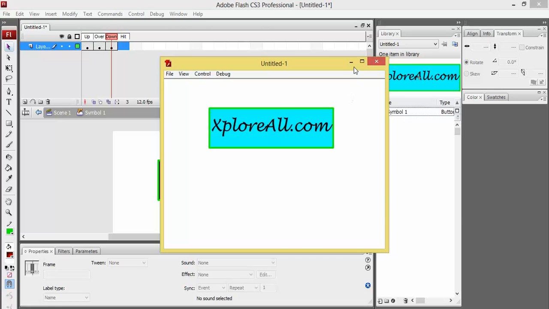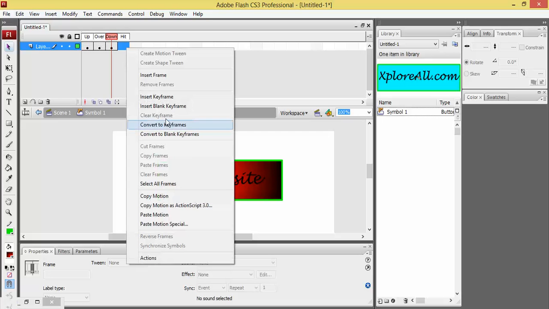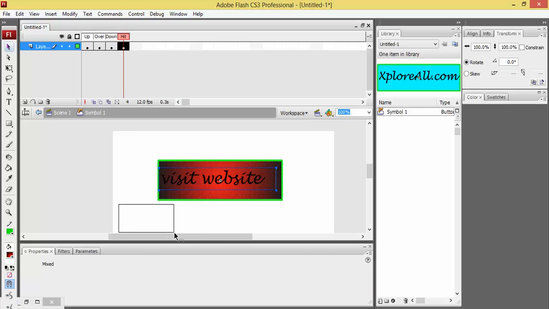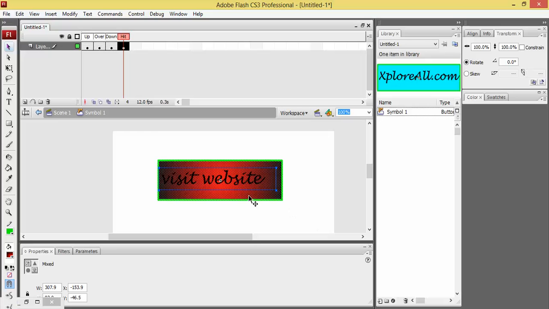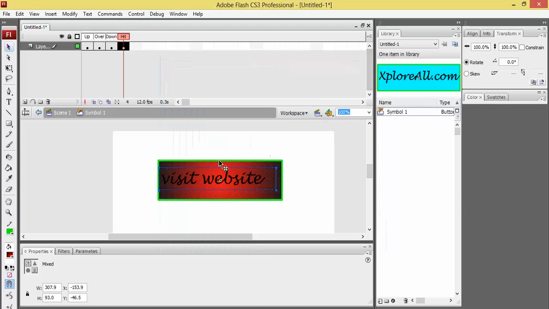Then I will go for hit. Insert keyframe and select your area, where your hover effect must be. Now Control Enter. See this. That is about it.